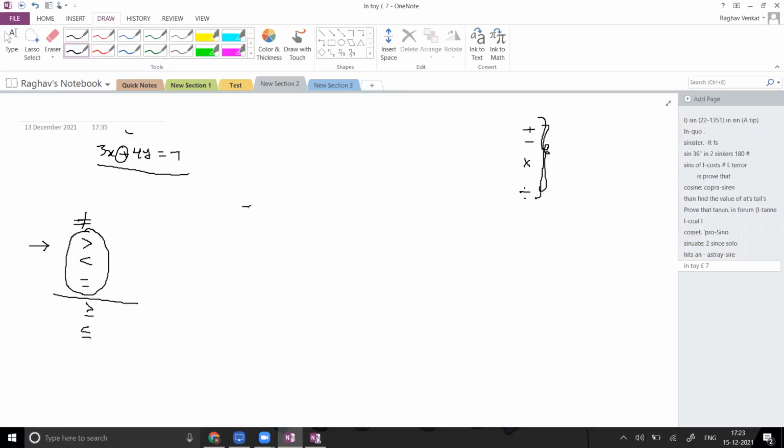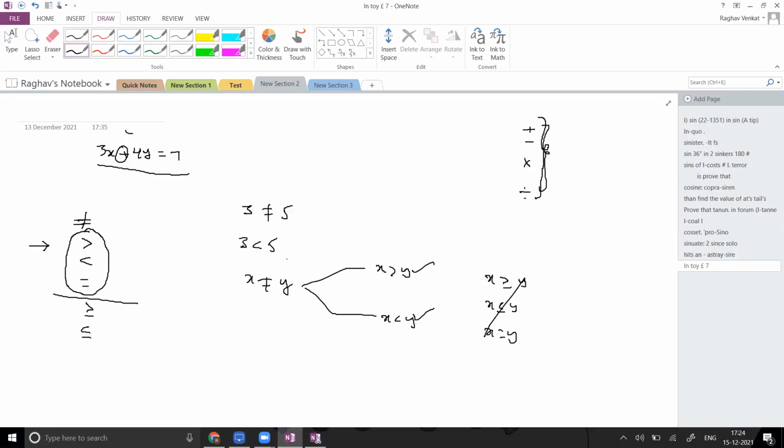Suppose I am saying 3 is not equal to 5, what does this mean? That is nothing but 3 is less than 5, I can write now. Or x is not equal to y. That means it will be decided based on the x and y values. There are 2 possible solutions here. One is x greater than y, the other x less than y. But it is never equal, so x greater than or equal to y, x less than or equal to y, x is equal to y, these are not possible solutions, but these 2 are possible. Based on x and y values, it will decide.